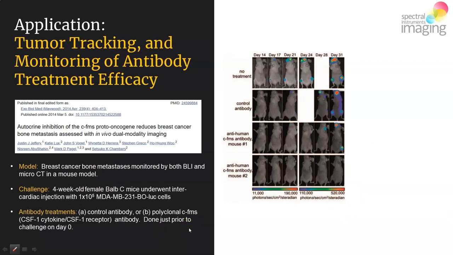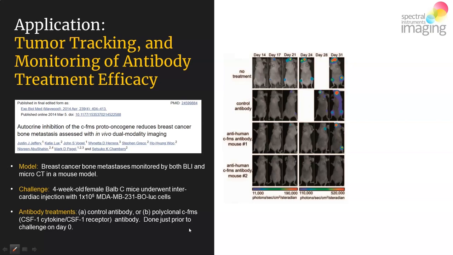Now, in this next study, the investigators really want to accomplish 2 things. They wanted to be able to demonstrate that they could effectively detect the bone metastatic lesions of a breast tumor cell line. And secondly, they wanted to be able to evaluate whether or not their new novel polyclonal antibody against the CSF1 cytokine CSF1 receptor complex, which is known to promote unregulated cell growth within the breast tumor cell line, if that antibody applied to the mice in vivo could effectively suppress the development of bone metastatic lesions of this